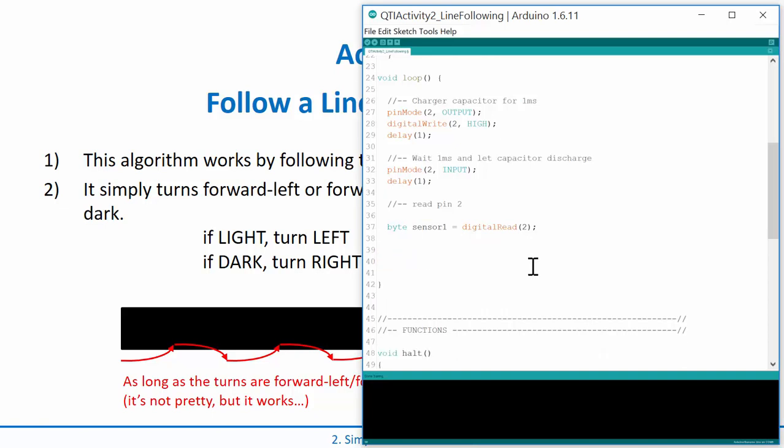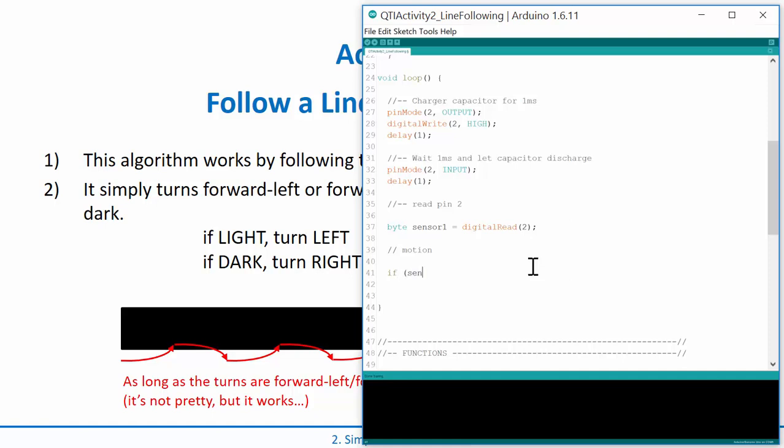I am going to delete that print statement, and here is where I'm going to do my motion. I'm going to define 2 new functions, and I'm going to call them veer left and veer right. So let's type them in, and then we'll see what the code looks like. If I have sensor 1 equal to a 0, that means I'm on the light part of the surface. What I want to do is turn left, but not like a 90-degree turn. I want to go forward left, so I'm going to call this function veer left,